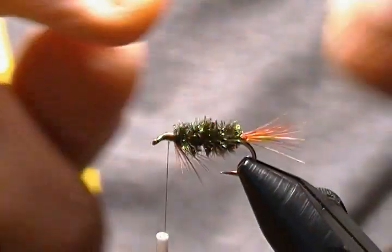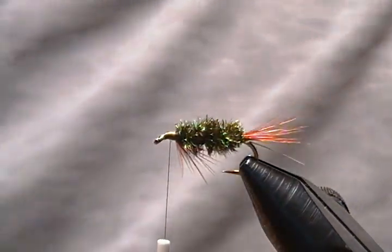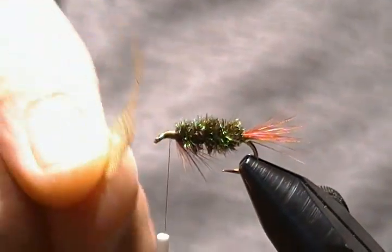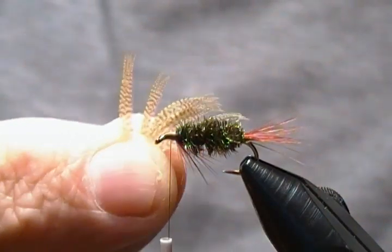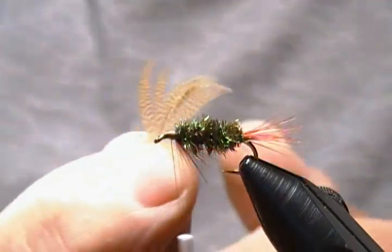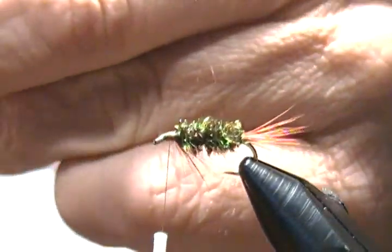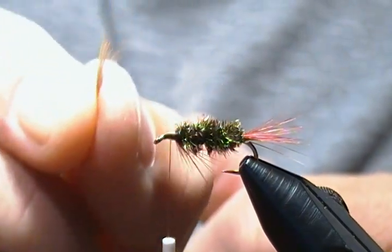Just basic steps here. Now the wing calls for brown mallard, but I don't have any brown mallard, so I'm just going to use some of this wood duck. And I think you could also use just plain mallard flank if that's all you had. I think it would work as well. So I'm just taking the tip of a feather here, as you can see, and I'm just going to fold those fibers together, roll them in my fingers, trim the end off there, just so you get a bunch like so,